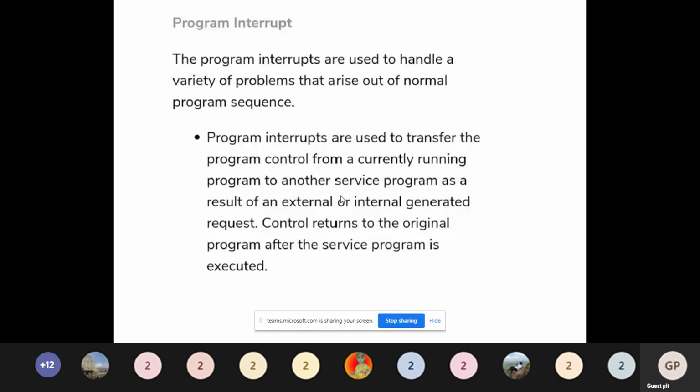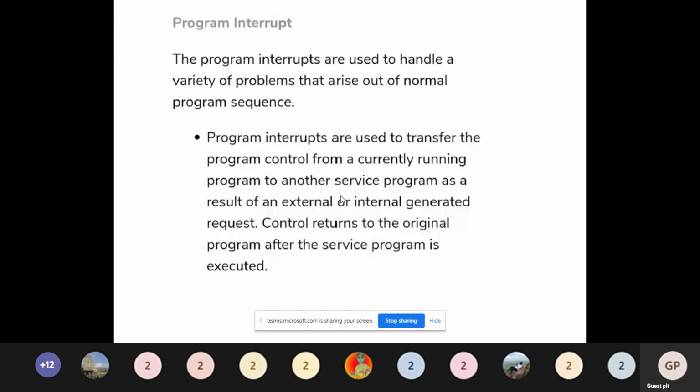So when a program interrupt is given, we move to the other subroutine instead of executing the main program. We can say program interrupts are used to transfer the program control from a currently running program to another service program as a result of an externally or internally generated request.